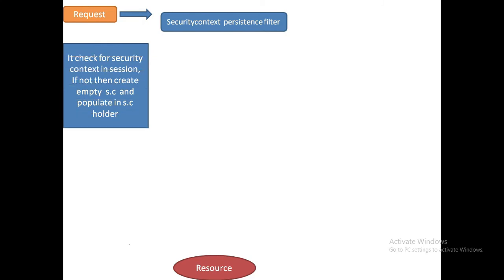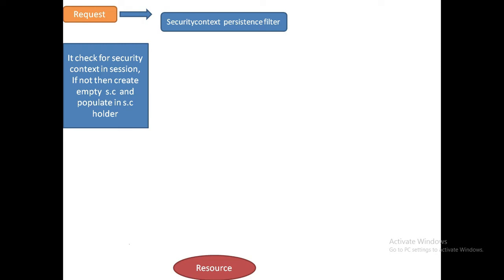It checks for the security context in the session. If the user is already logged in, then we get the security context in the session. But now the user has not logged in, is yet to log in, means we didn't find that security context in the